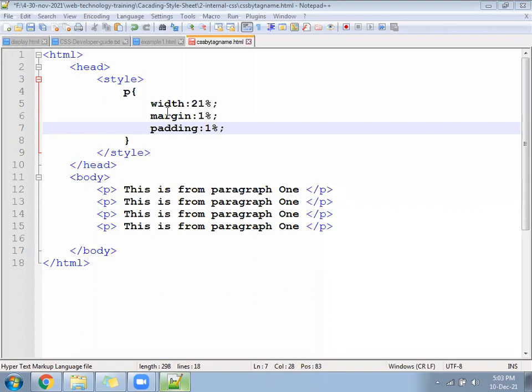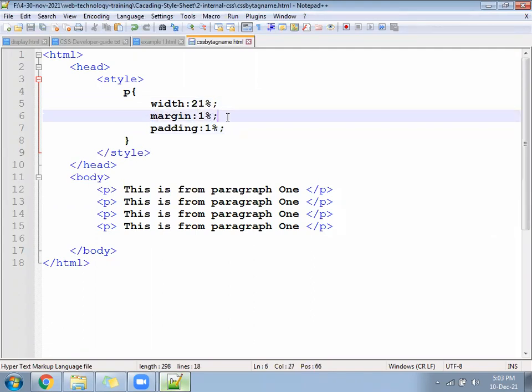Okay. So hope you have written width how much? Yes, 21%. Margin how much? 1%. Padding how much? 1%. So the margin, when you write 1%, it will take 1% in the left, 1% in the right. Even top bottom also, the top bottom no need to calculate. There is huge height, it will manage. After that, the padding also will take 1% in the left, 1% in the right.